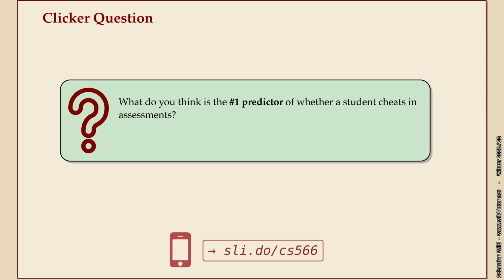And predictor means you're collecting data from many people, and then you're trying to find correlations. And it's correlation strictly, not causation. From the data I know, we can't tell. But if you were to ask people various things, and I know some people have seen it before, I'm using this in all my lectures. What is the number one thing about a person that correlates best with whether or not they cheat on assessments, self-reported cheating?